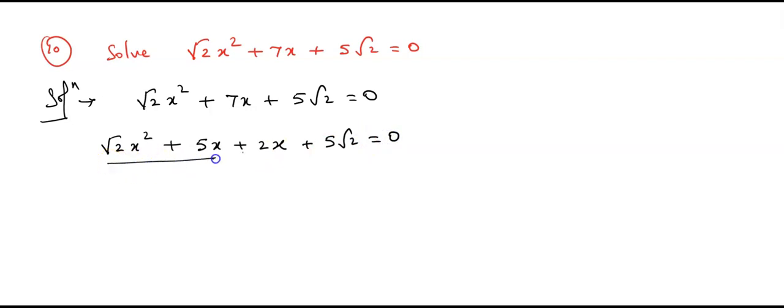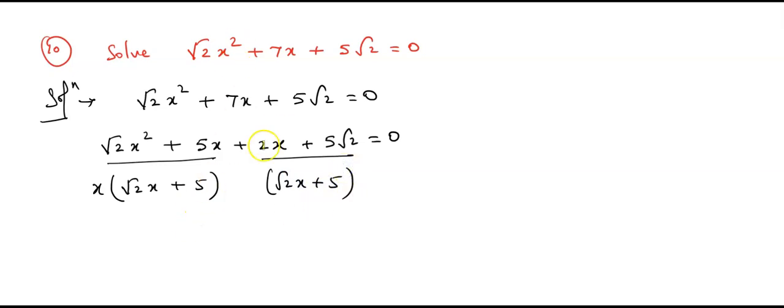Then last term let me write as it is, that is 5√2 = 0. Now this 2 and this 2 are one pair. Here we can see √2 x² and here is plus 5x. So here 2 and 5 both, we cannot take those numbers. Okay. Now x² and x, we can take x as common. If we take x as common, what happens? √2x + 5. Here also you can take √2x + 5 as it is. But as you can see here is plus 2, but here is √2x. So what can we do?